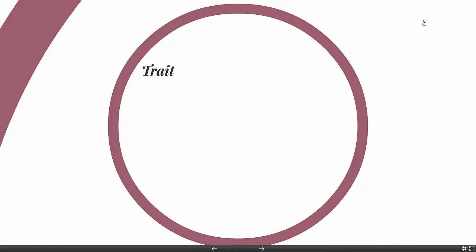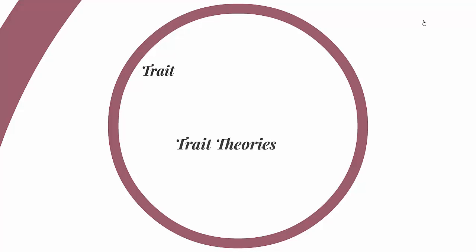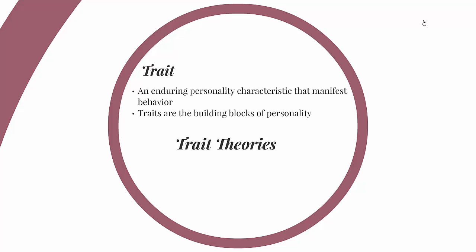So, a few definitional things. The first thing we're going to talk about is traits, and then I'm going to also define for you some of the specific qualities associated with trait theories. A trait is an enduring personality characteristic that manifests in behavior. We've already talked about how personality is this enduring pattern of thoughts, emotions, and behaviors. And so what we see in the trait perspective is that what we're quantifying and how we're developing categories is that we are looking at the way people identify their behavior in different situations or scenarios.